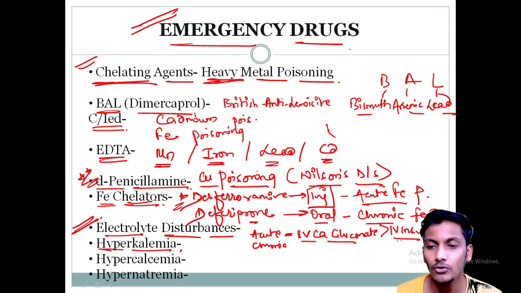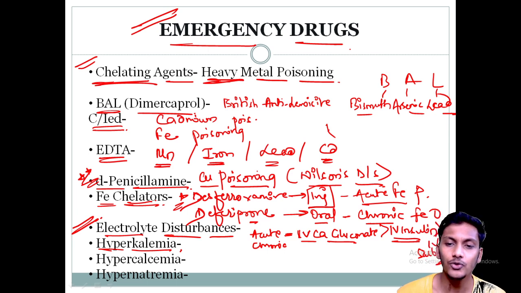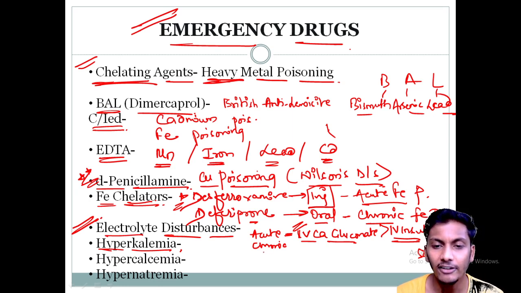Regular insulin is usually used, IV regular insulin followed by IV salbutamol. Any of these drugs can be used, but the preferred drug of choice is IV calcium gluconate. And one more question has been asked, that insulin acts by which mechanism in cases of hyperkalemia? So please remember, insulin sends the potassium inside the cell, decreasing the blood potassium levels. Insulin sends potassium inside the cell, the same way salbutamol also acts, right? This is how insulin acts in cases of hyperkalemia, but the drug of choice in cases of acute hyperkalemia is IV calcium gluconate. And in cases of chronic hyperkalemia,